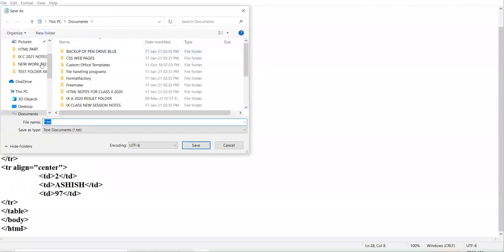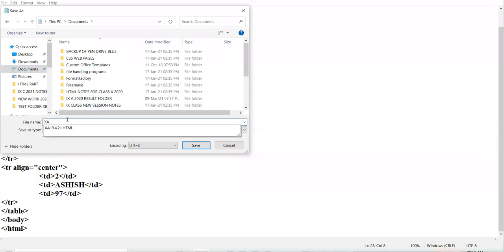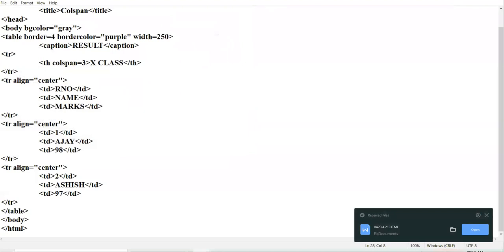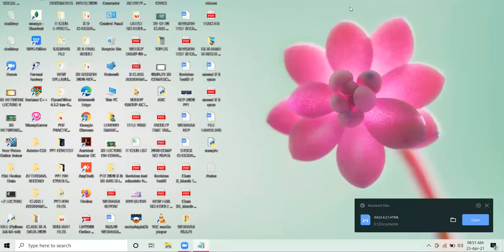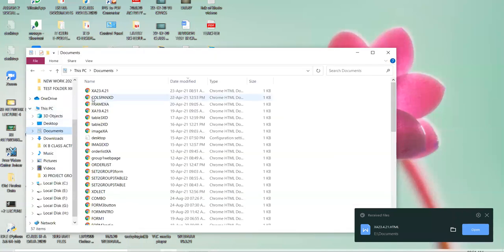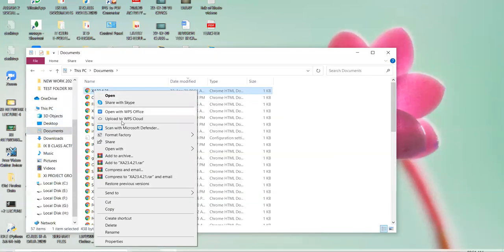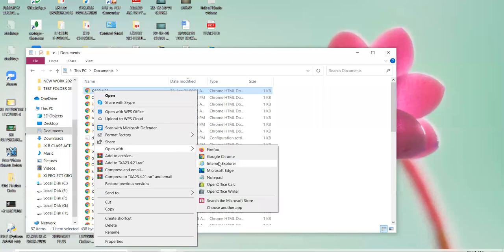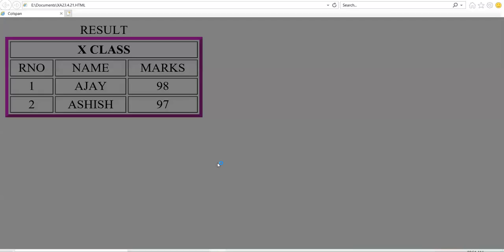I have saved the table in documents with the name 10th A 23rd 4th 21.html. Right? Let us see the browser view. See the header row, 10th class.